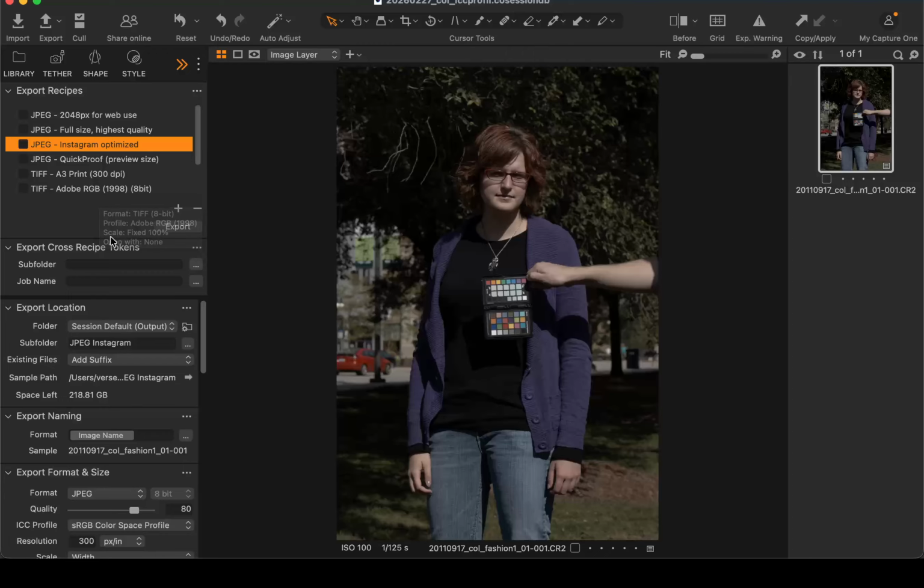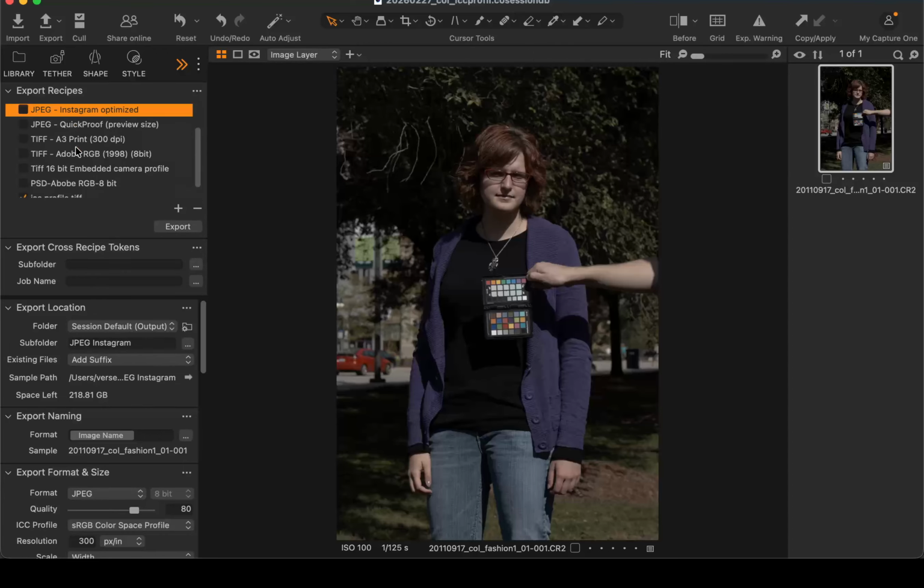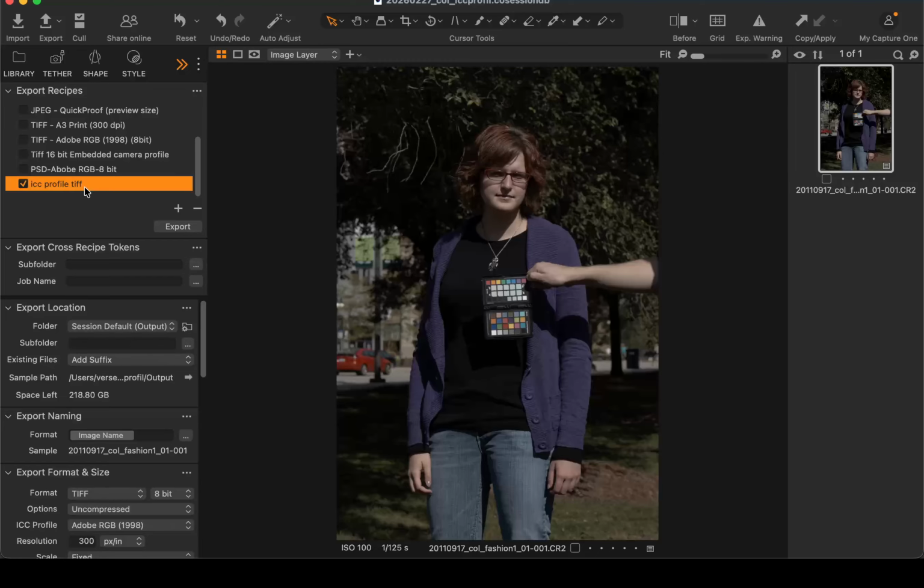So if I hit export, it's not going to actually export a version of this, but this is where I would edit it. For me, I actually want to edit this one that's down here. This is what I want to edit, and I also want it to be printed, or exported. So that's what the check mark is all about. So then in doing this, what you actually need to do is you're going to come down to